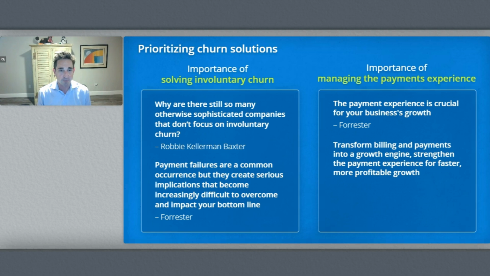And her statement is, why are there still so many otherwise sophisticated companies that don't focus on involuntary churn, which is a great question to ask. And we're even seeing the technology analytics firms like Forrester start to focus on the problem, recognizing that payment failures are a common occurrence, and that the payments experience itself, what customers and sustainers experience when there is a failed payment, is absolutely tied to customer satisfaction and your business